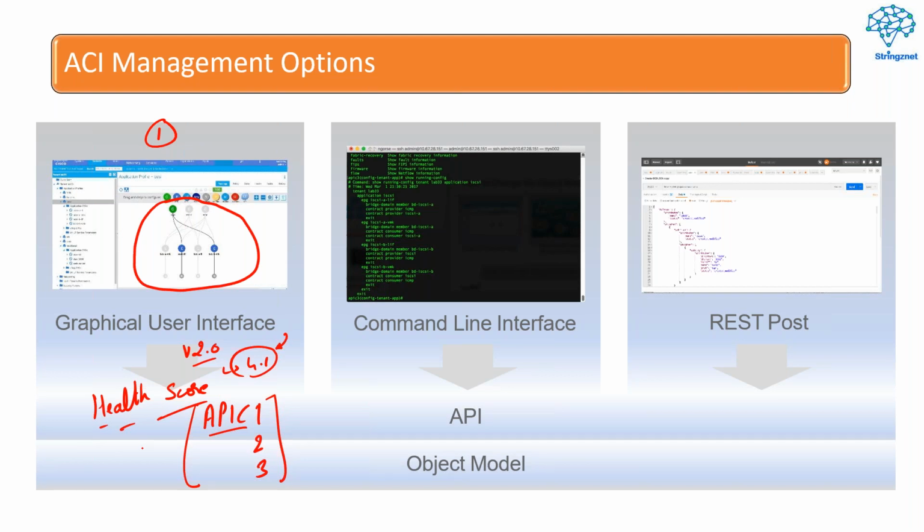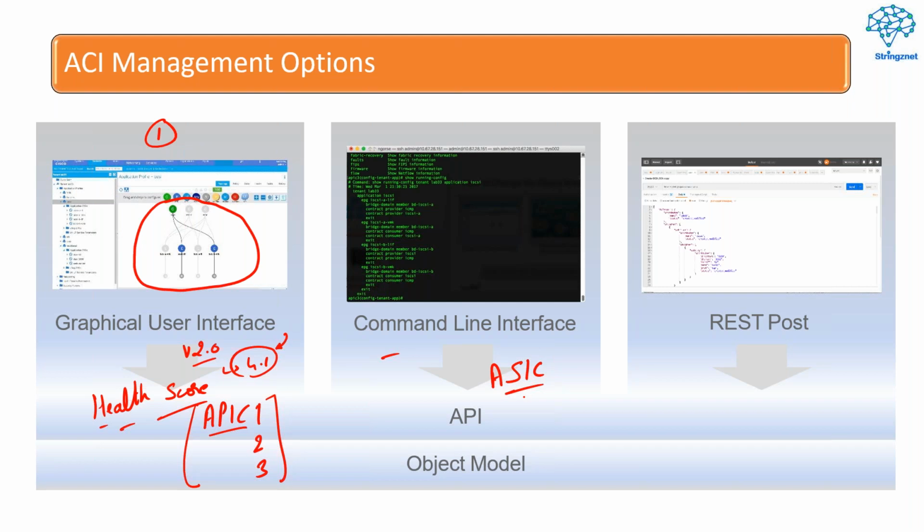Then there is the CLI way, but as I said, CLI is predominantly used by the Cisco ACI tech team for the purpose of troubleshooting. I will introduce you to the CLI also, how this CLI looks like, what the basic initial commands are. With the help of CLI on the leaf and the spine switches, guys, we will reach the ASIC chip level,